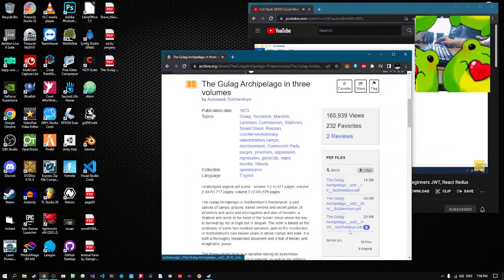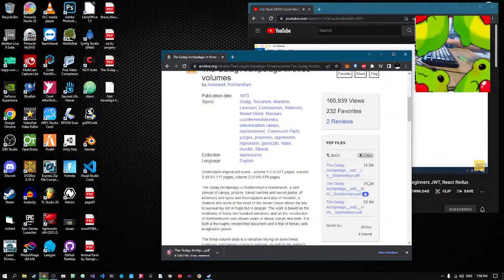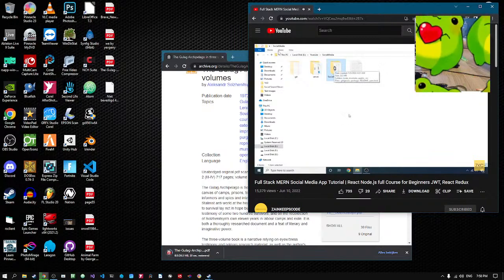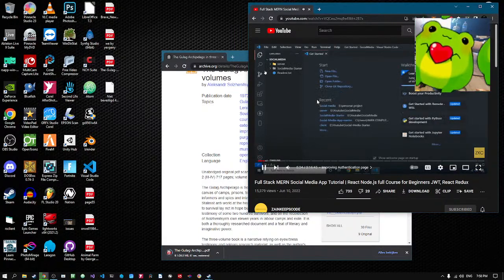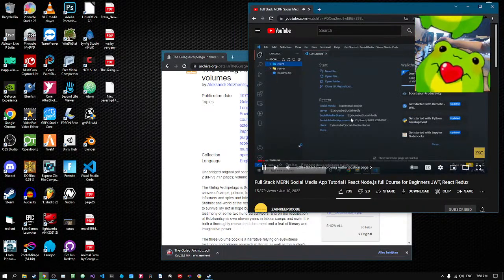So in the previous part, we have made this server folder and initialized our REST API completely. And the first part was this design part. So I am opening my VS Code here in the parent directory. And first of all, I will change the name of our starter pack as client. So now